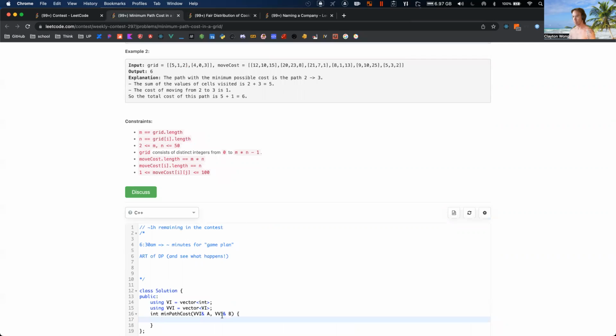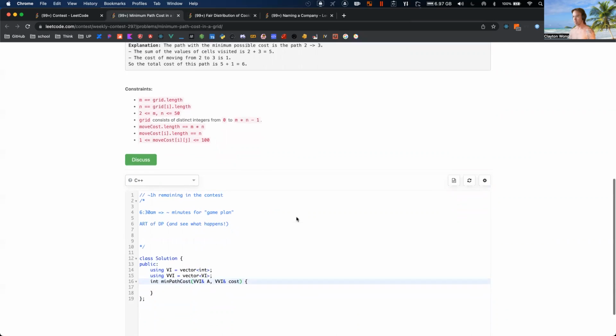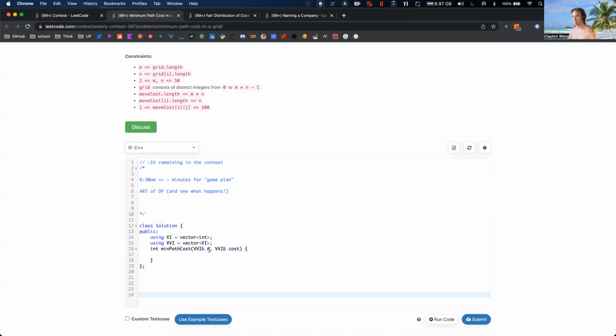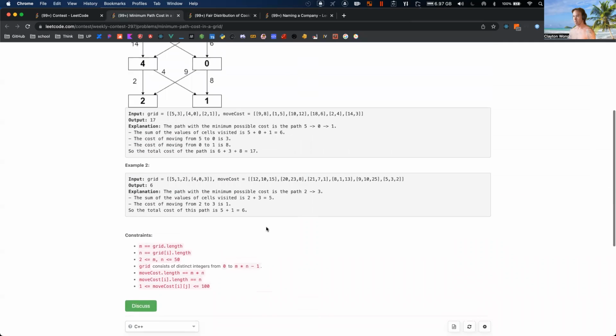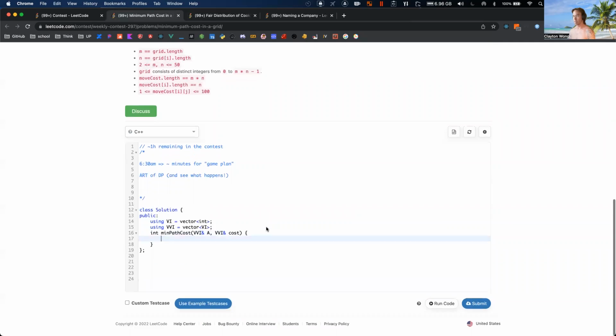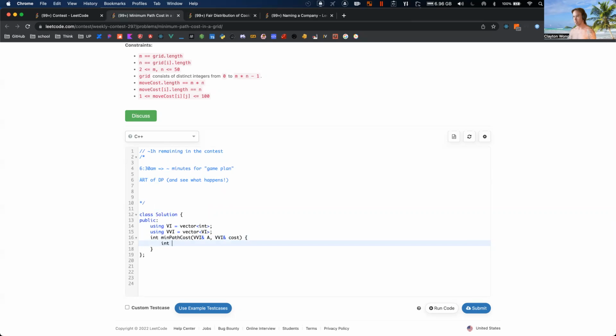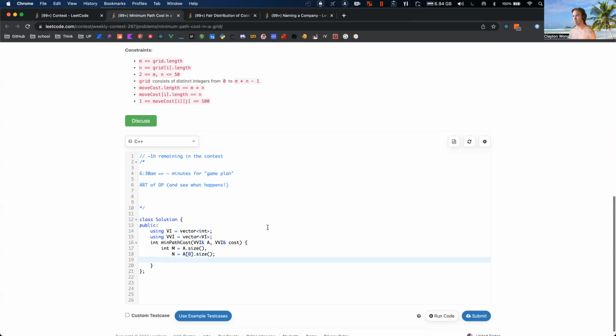I'll just call it cost, whatever. Cost is a little bit better. Okay, and M and N is, well, we'll have it, that size and this be sub-zero size. And then